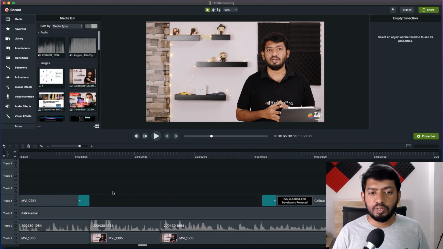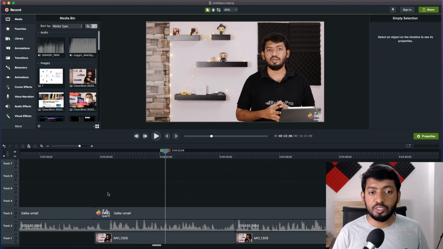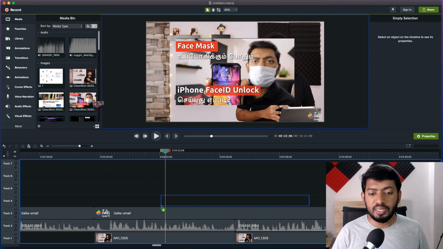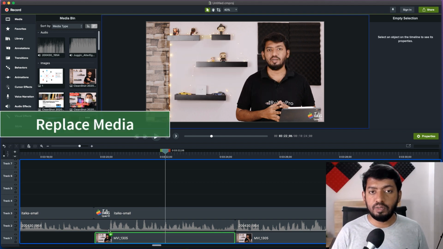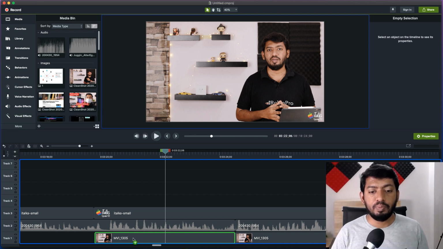And the next important feature change that they mention they have included in the 2020 version is replacing media with different media sets. If I want to replace this particular video clip with an image, previously I had to select it, delete it, either I had to trim it, I had to do plenty of work. But right now, simply I can drag and drop that particular media, I can select it, and till the end of that particular media region will be replaced.